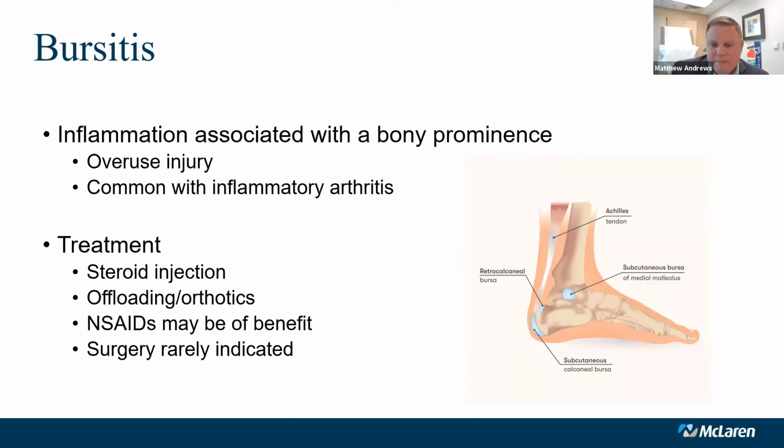Bursitis is purely an inflammatory problem. Like we discussed a little bit earlier with the Achilles tendon, one of the very common things that we see, especially activity associated, is retrocalcaneal bursitis. That is an inflammatory cushion sac that sits between the Achilles tendon and the heel bone. So in people with a higher arch or people that have an abnormal contour of the back of the heel, as the Achilles tendon wraps around that bone, oftentimes you get a lot of irritation and you can really irritate that bursa in that region.